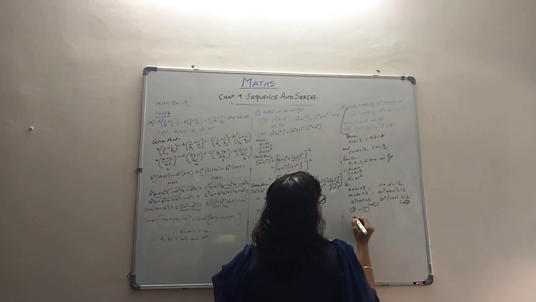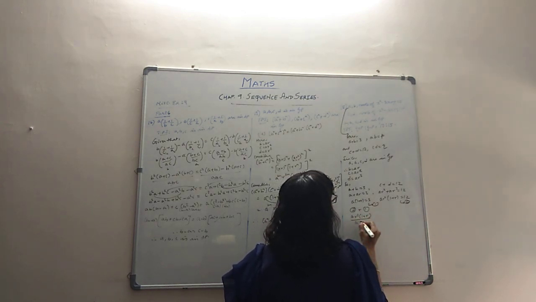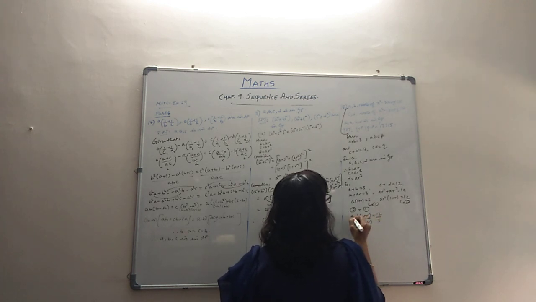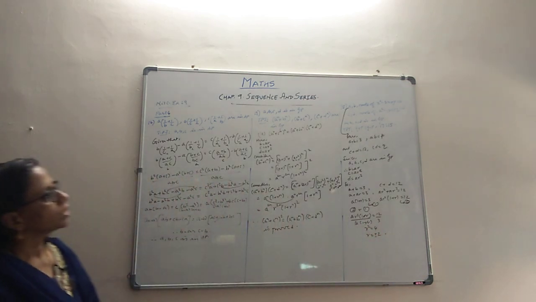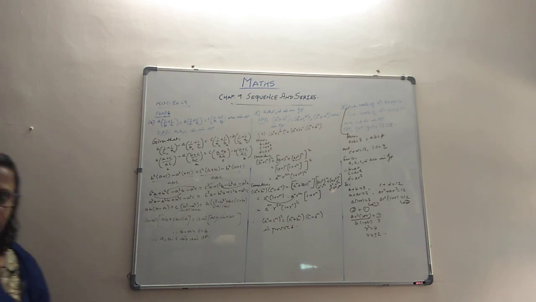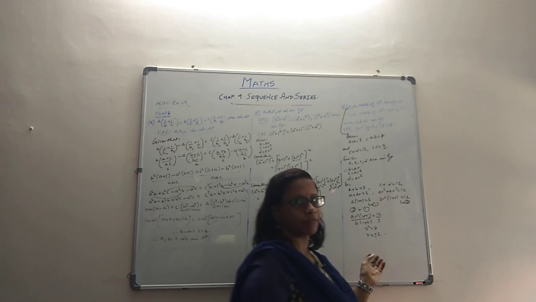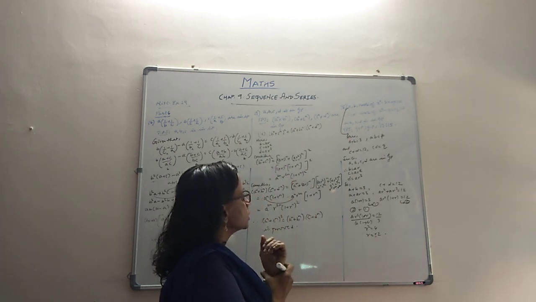We could divide and check what happens. 2 divided by 1: AR squared into 1 plus R divided by A times 1 plus R. Here it's 12 and here it's 3. R squared becomes 4, which makes the R value plus or minus 2. Now we have to find out the values corresponding to plus 2 and minus 2.